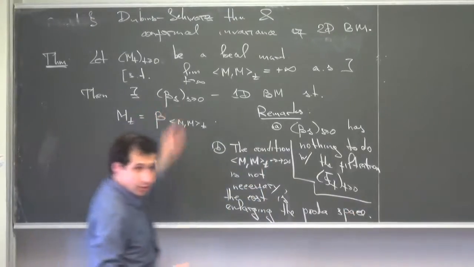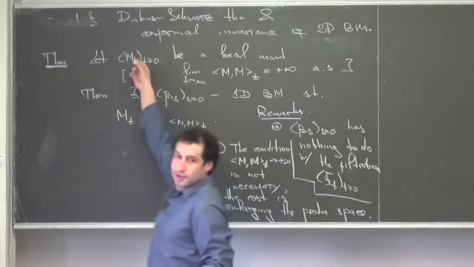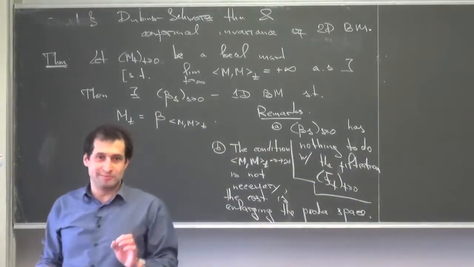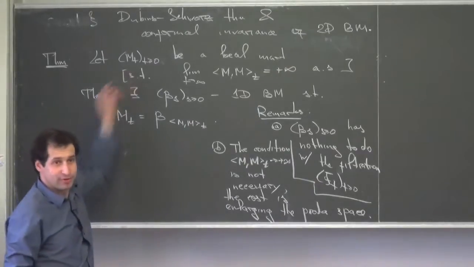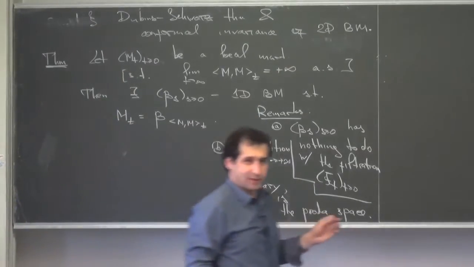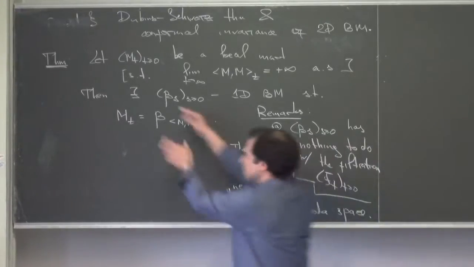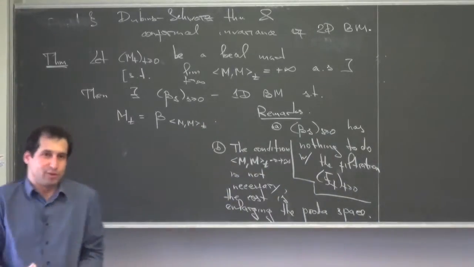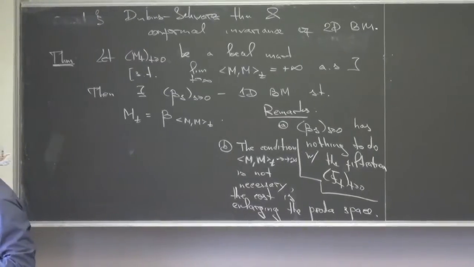So here it's going to be the same. If we would like to have a full Brownian motion, maybe this martingale was just trivial. It was just constant zero, not a very interesting example, a bit boring. And the probability space was trivial, just with a trivial sigma algebra. And then I claim there is a Brownian motion. Of course, it cannot be defined on the same probability space. It must be enlarged. Okay, good.